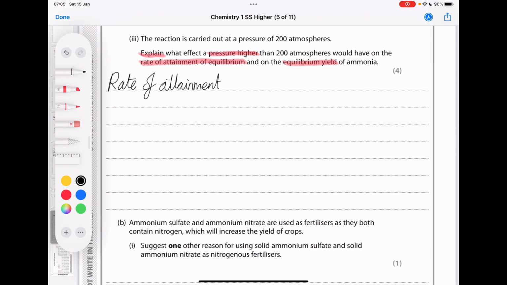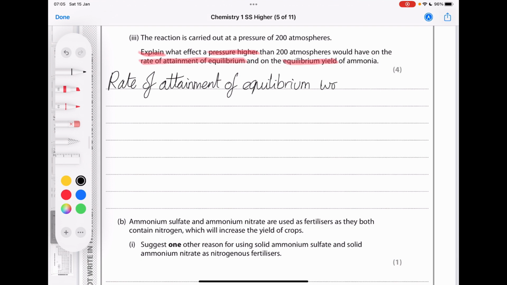And again, if they have asked me in the question about a specific phrase, that is the phrase I should use in my answer. I shouldn't just say the rate increases, I should say the rate of attainment of equilibrium, because that is what they've asked me in the question. So the rate of attainment of equilibrium would increase